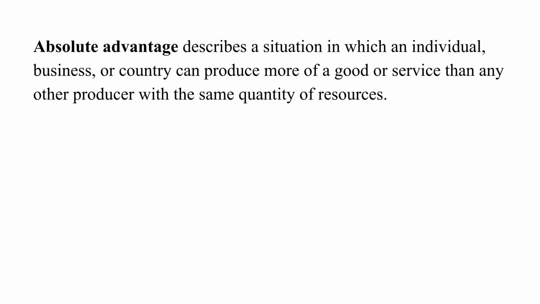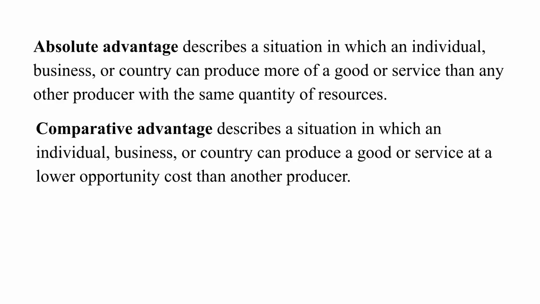There are three absolutely essential concepts you need to understand to make sense of trade: absolute advantage, comparative advantage, and terms of trade. Let's break them down. Absolute advantage means being able to produce more of a good or service than someone else, using the same amount of resources. It's about efficiency and productivity. But trade isn't just about who can produce more. It's about who gives up less to produce something. And that's where comparative advantage comes in.